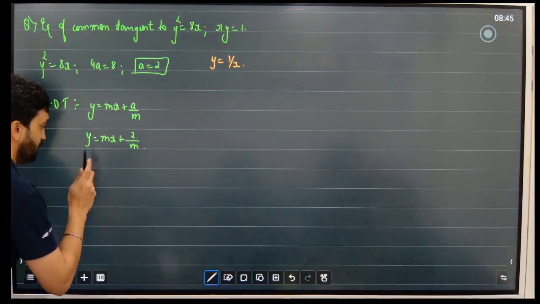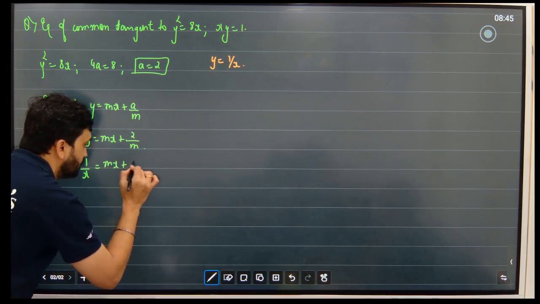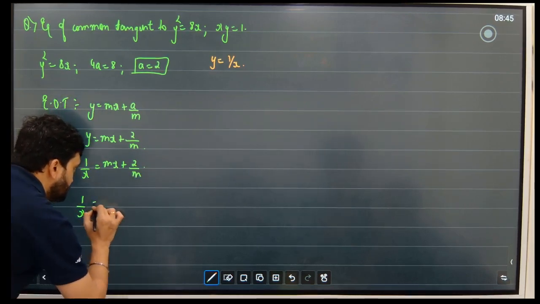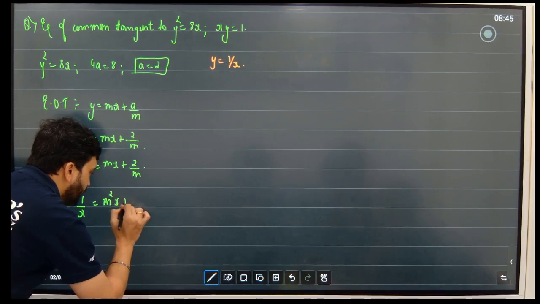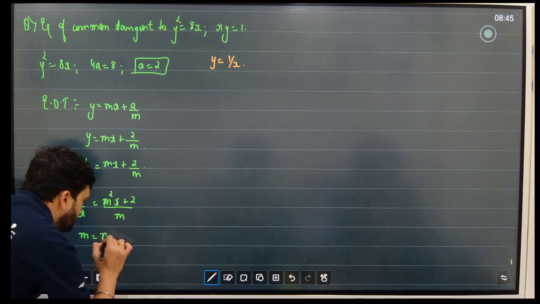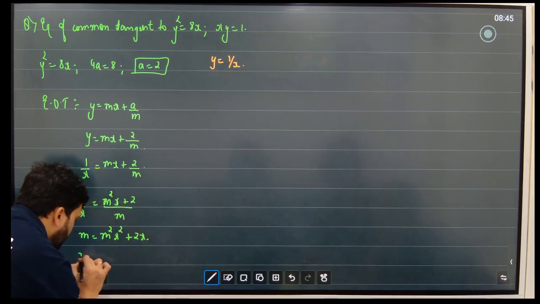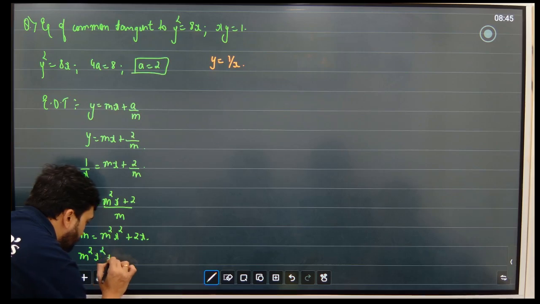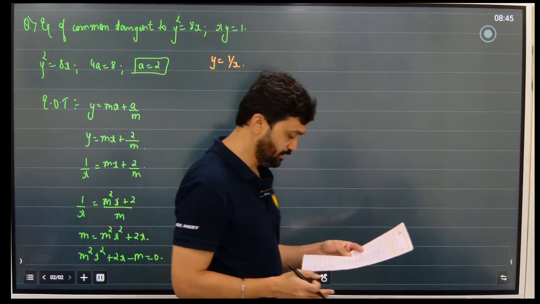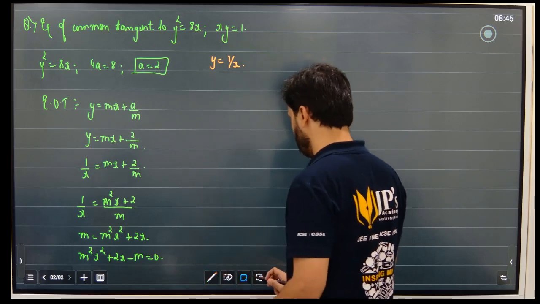And here if I put the value of y as 1/x, 1/x is equal to mx plus 2/m. This will become 1/x is equal to m square x plus 2/m, which is m is equal to m square x square plus 2x. Therefore m square x square plus 2x minus m is equal to 0. Now I can see that it is a quadratic equation, and since it lies on the geometrical figure, because